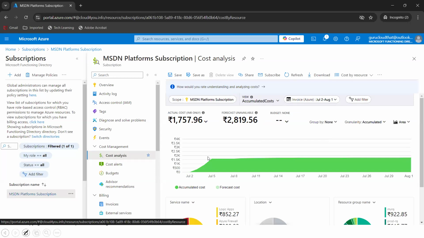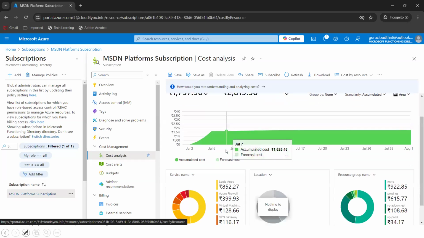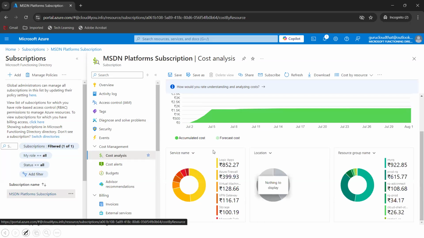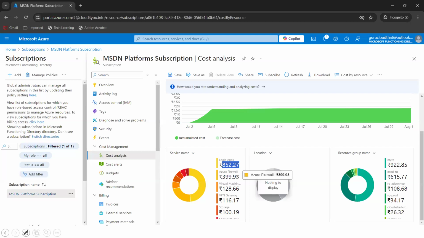It gives you, right? So same thing in Azure, whatever the services I've implemented. For example, Logic Apps I've implemented, it's for 852 rupees. I've implemented something called a firewall, a virtual machine, a VPN gateway, storage. So it gives you the exact